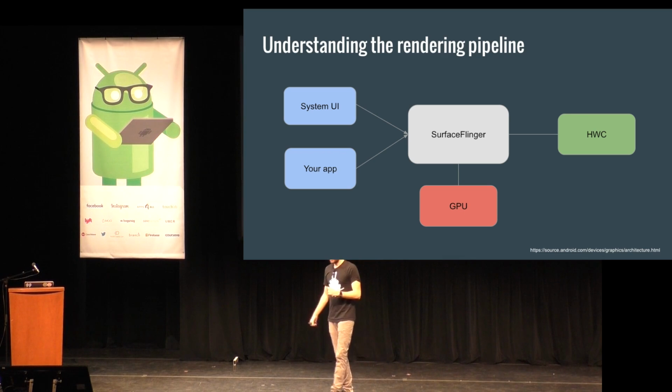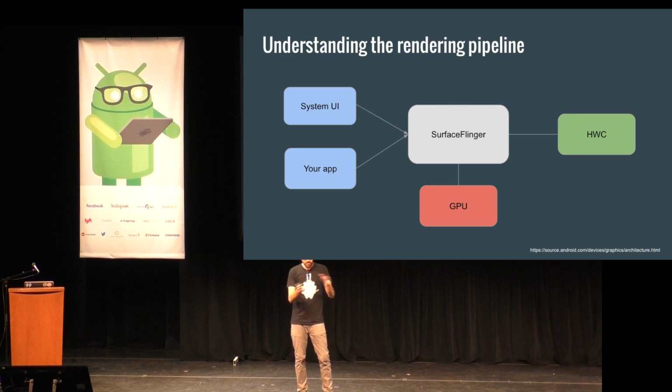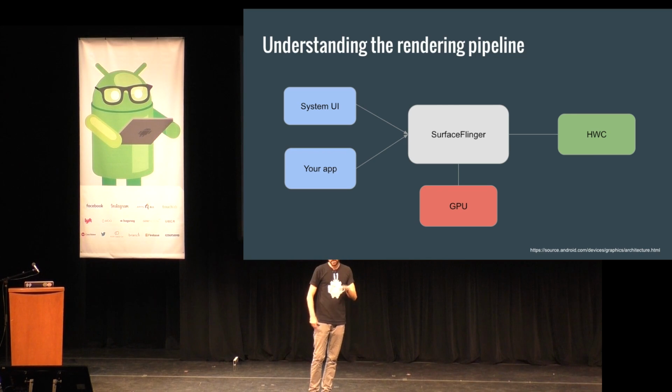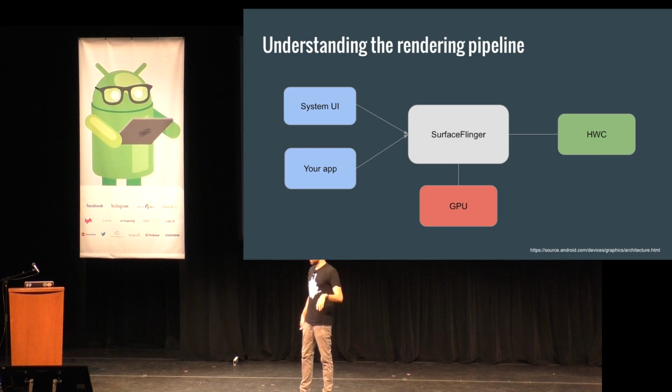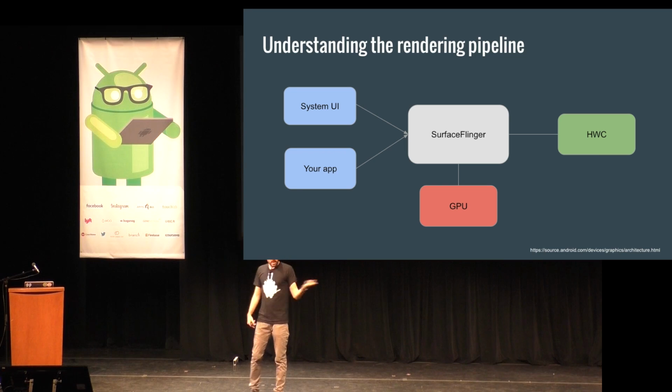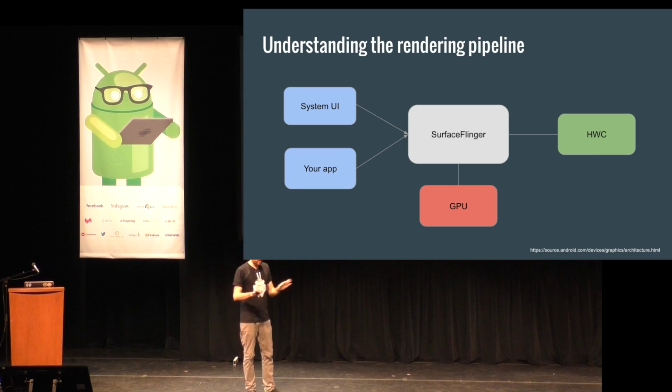It will reply, yes, I can take these layers, compose them together, and pass them to the display. Because the manufacturer implements that, they can do really smart stuff that's very custom to the device. But there's always a common abstraction layer interface to talk to Surface Flinger the same way. So when it says, yeah, I can take them and pass them to the display, no problem,